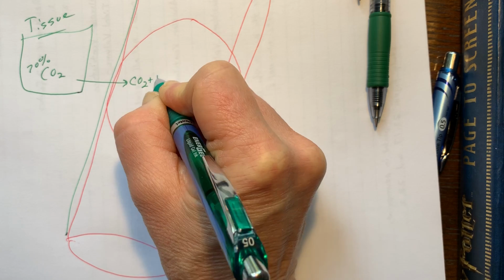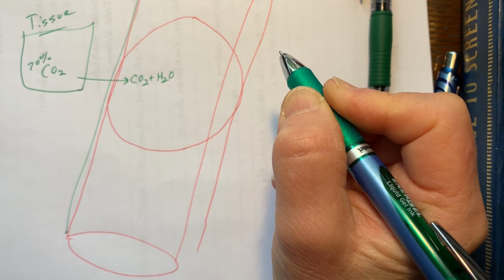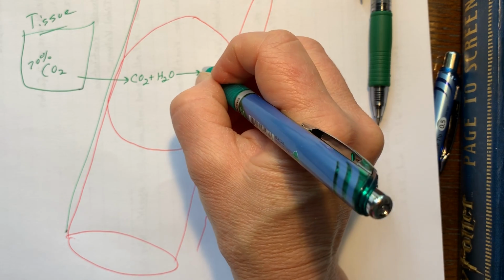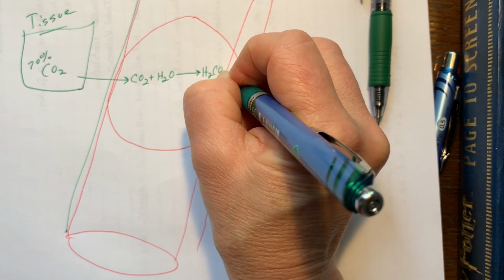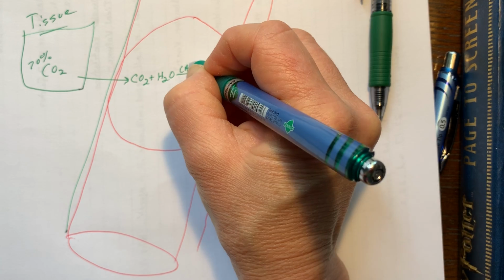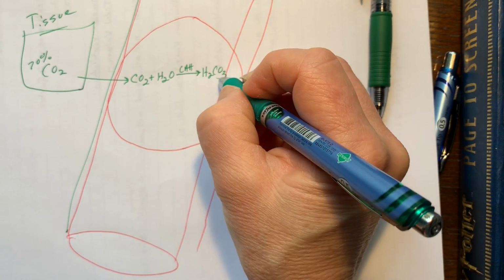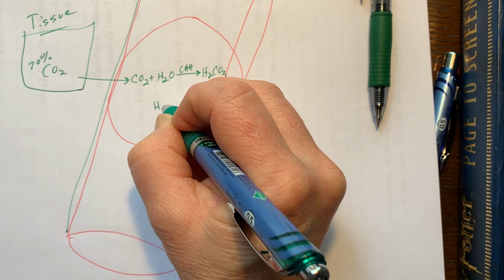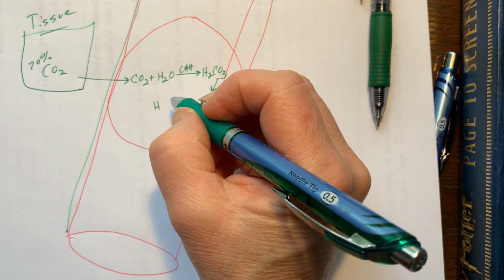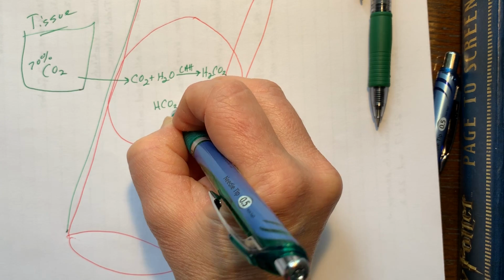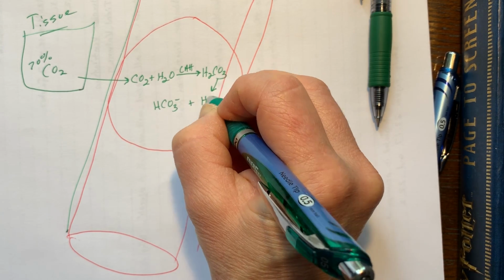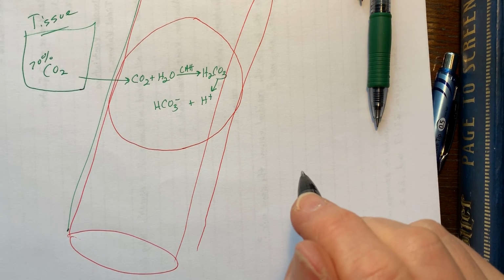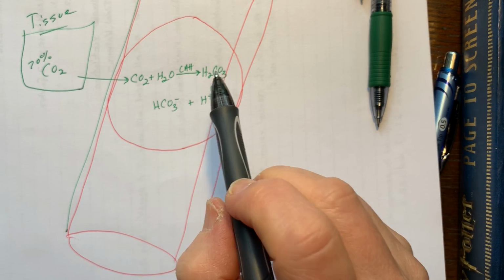It'll hook up with water quickly, all right? Then it will make carbonic acid in the presence of CAH, the enzyme. This dissociates quickly into bicarbonate ion and hydrogen ions. Now watch this carefully. Now I'm going to redo this, so don't stress too much, okay? See, the problem is